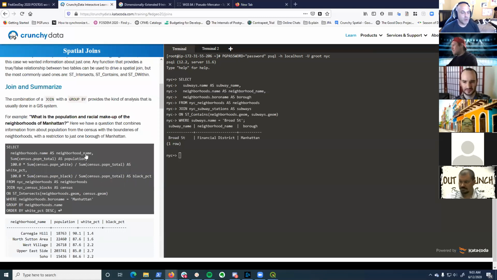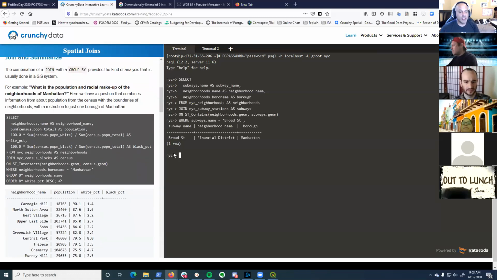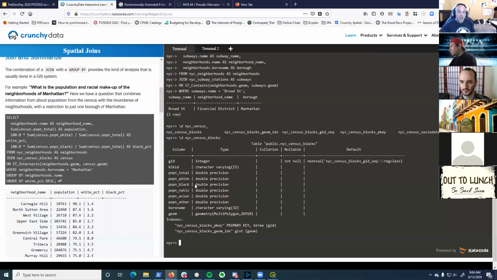So I want to do this next one as well, right? The next one is, if we look at, and I'll do this the way I really want to do it, if we look at the census data, right? So it was NYC, was it census blocks, right? We have a geometry, but there's a borough name, right? But we don't actually have anything that has a neighborhood name. So what if we wanted to actually look at the block groups that make up a neighborhood? How would we do that? We couldn't do it. There's nothing that we can do to join in the normal database way the neighborhood, because